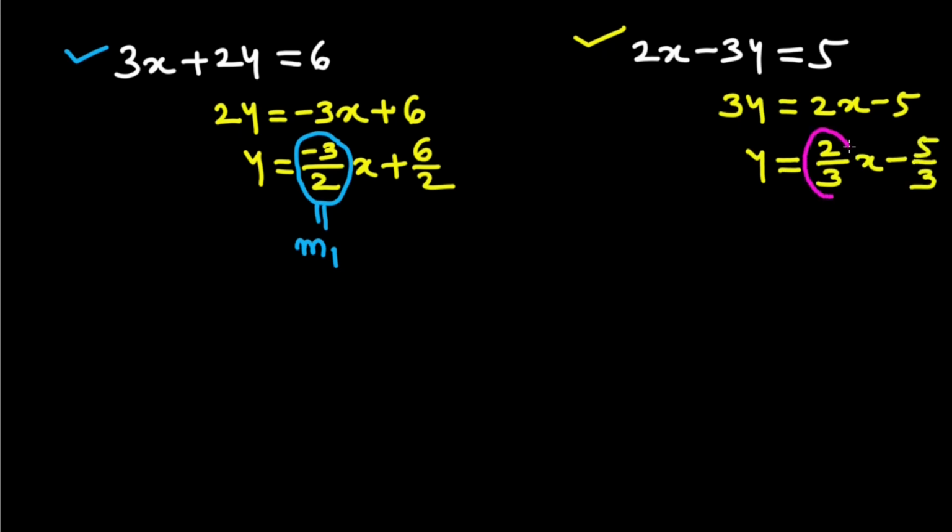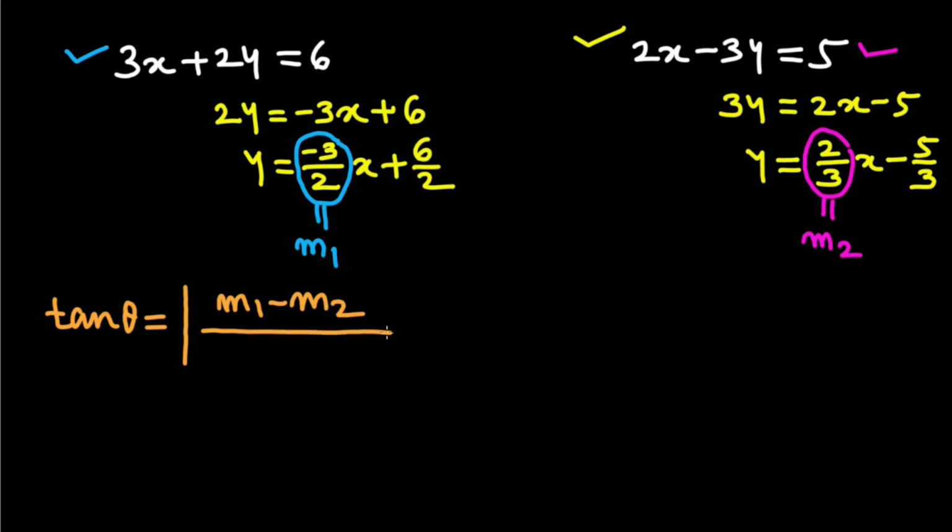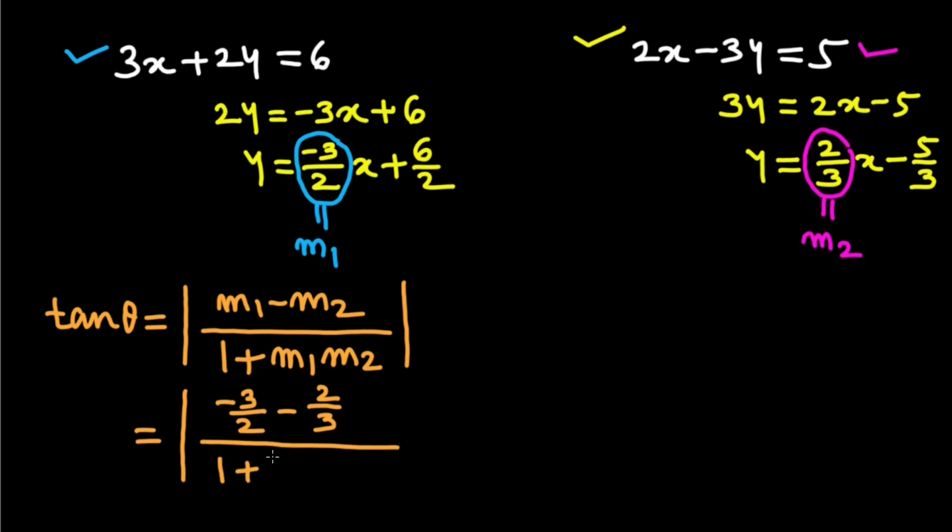Here 2 by 3 is the slope m2 of this line. Now that we know the slopes of these two lines, if theta is the acute angle between these two lines, we have tan theta equals mod (m1 minus m2) upon (1 plus m1 into m2). Substituting the values, minus 3 by 2 minus 2 by 3 upon 1 plus minus 3 by 2 multiplied by